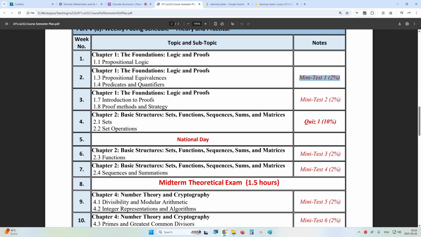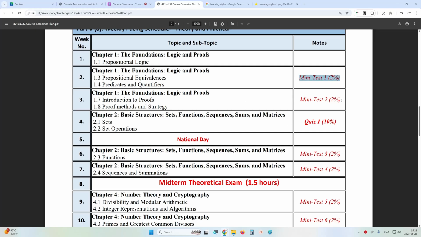We'll talk about the quizzes later, but for the mini tests, they're going to be online. But the quizzes, they're going to be in class. When is in class? I mean, we're not going to be doing them at 9, 10, 11, like this timing, but it's going to be on Tuesday, during period 4, most likely, not 5. The location is going to be organized later, inshallah. It's going to be online in the lab, but it's going to be proctored. So it's not going to be something that you can do outside, because we don't have any way to confirm that it's you who's doing it, and also that you're not using some tools to do that. So anyways,